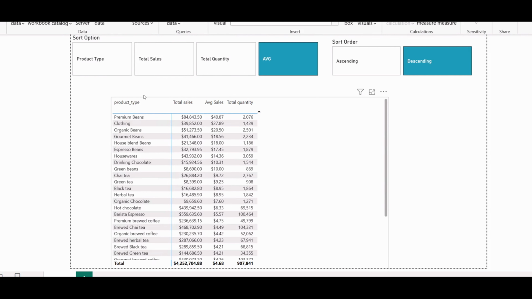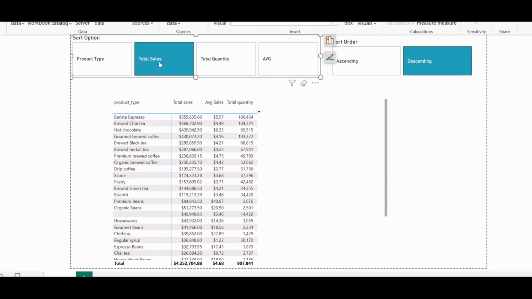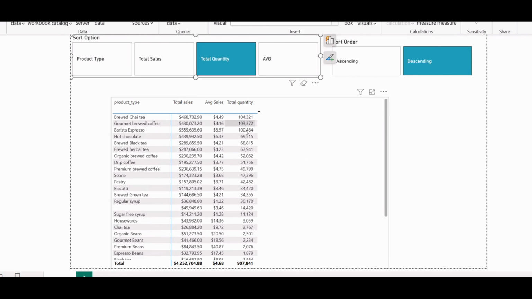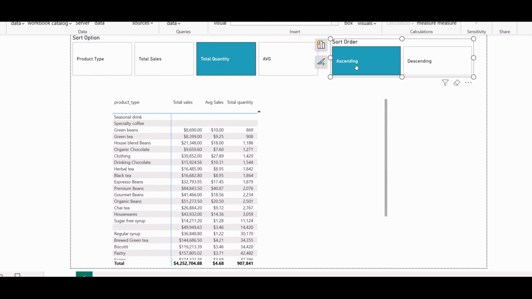table. As a final, they had to create what was created. We had product type, total sales, average sales, total quantity. When we click average and descending, it sorts average sales descending. But when we click, for example, total sales, it sorts total sales descending. When we click total quantity, it sorts total quantity descending. Or if you click ascending, it should, and we have blanks, it should sort ascending